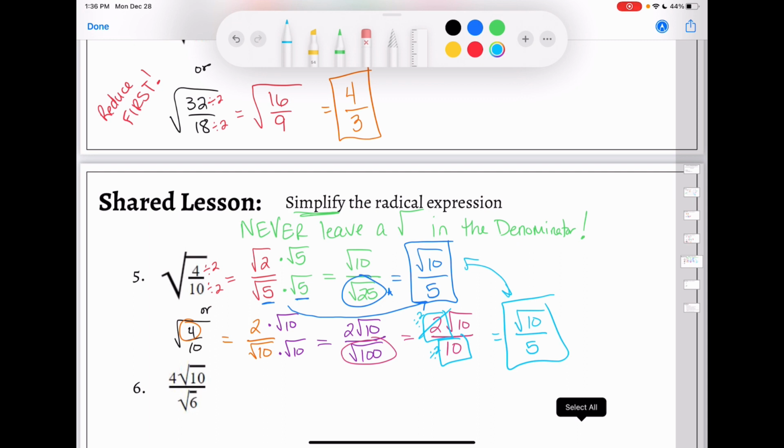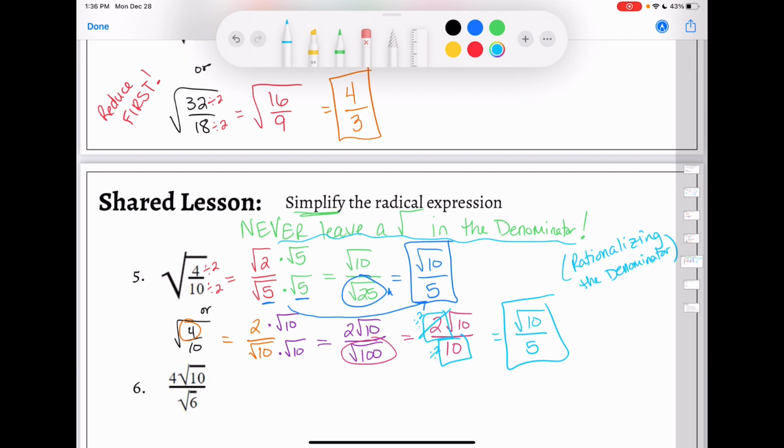And so that's why we need to rationalize. That's what we call rationalizing our denominator, and this is why. So not leaving a radical in the denominator, this is called rationalizing the denominator. Fancy vocabulary, but that's what it means, right? Remember, when you have the square root of a non-perfect square, it's an irrational number. And if you change it to a regular number, that's rational. So we call it